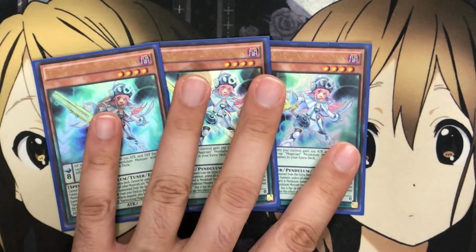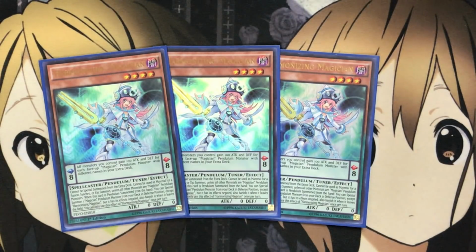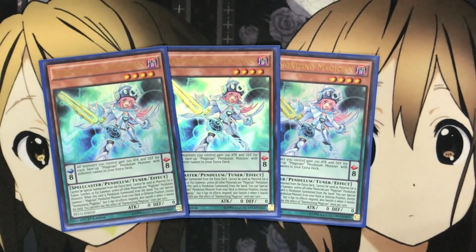Now with this one, it searches out basically any of the other Magicians, which we'll get to, that help to make the plays for the deck, since they're always treated as the specific Dimension Dragon that they are. Harmonizing, special summoning them out, and also being a tuner helps with the Synchro plays, which we can potentially do as well to get out either one of our main Synchro monsters for sure,